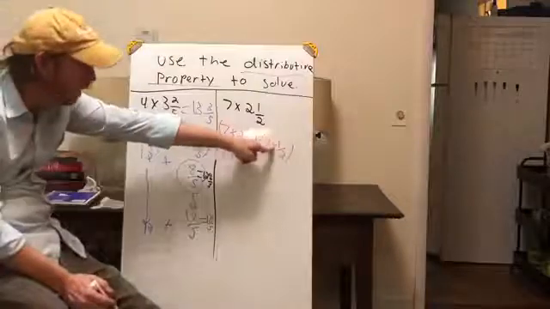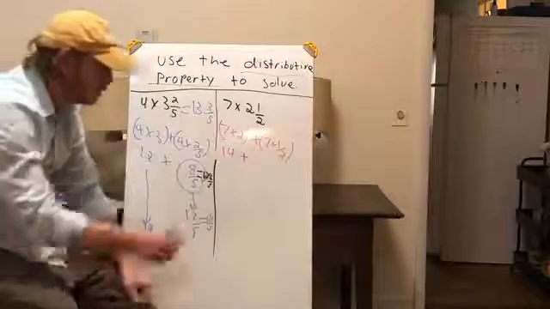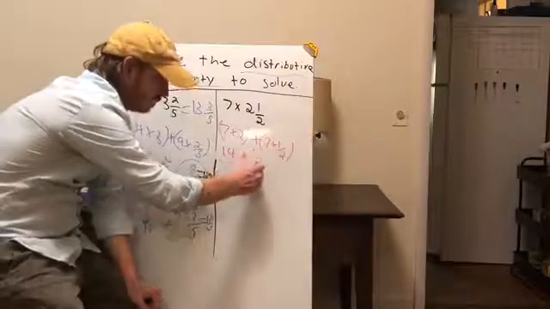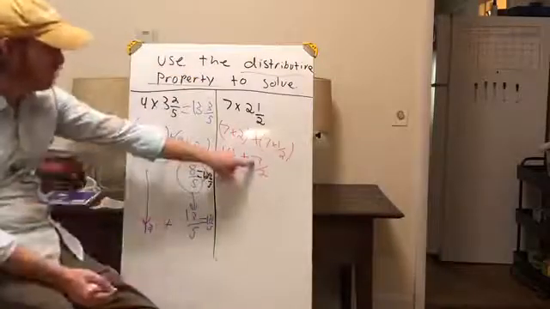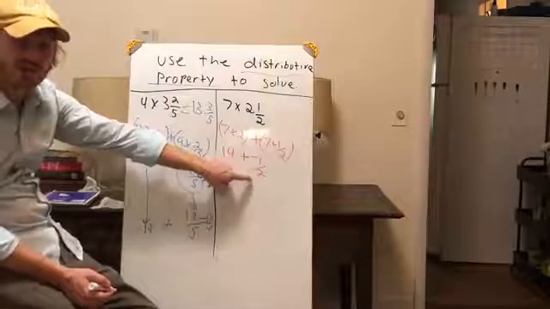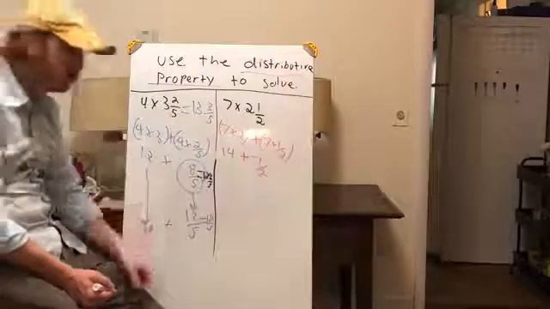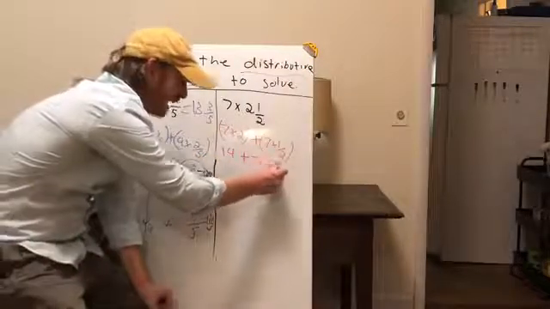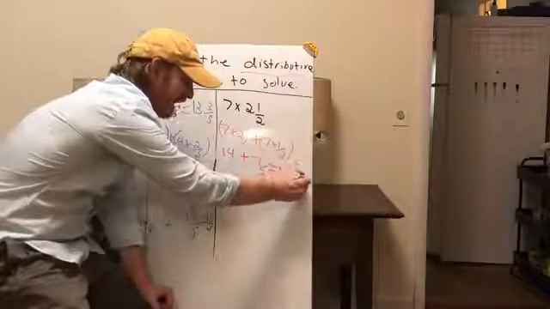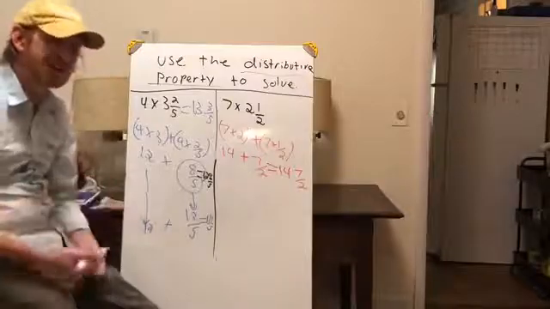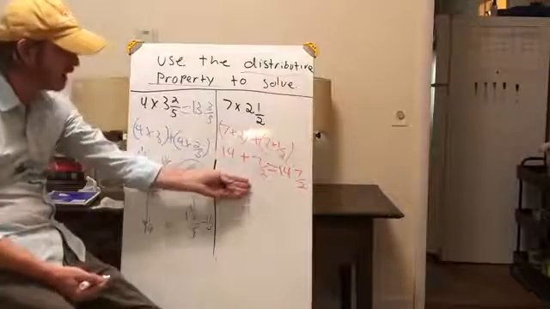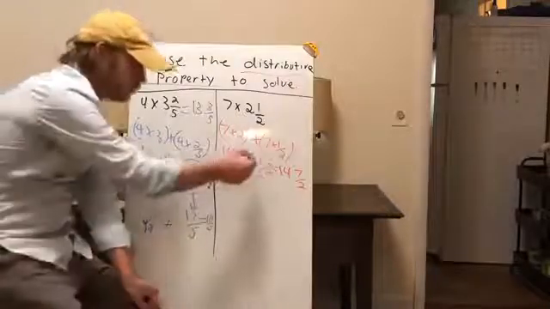7 times 1 over 2 is 7 over 2. And then again I notice my numerator is more than my denominator. So while I could just answer it as 14 and 7/2, that's not really the best answer. Simplifying my 7 over 2,